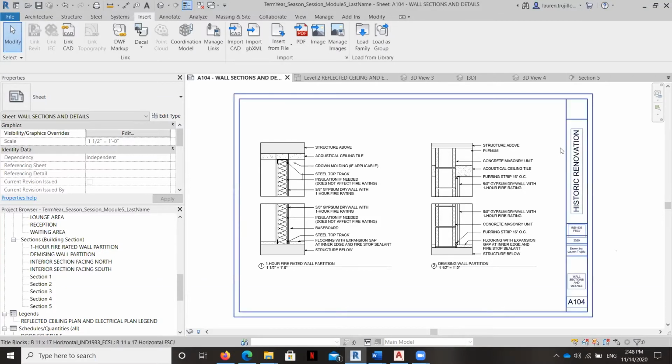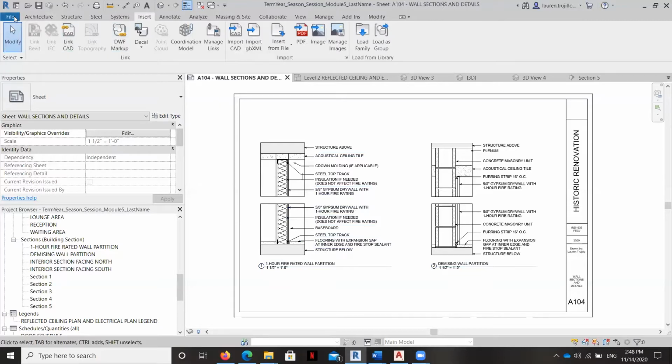So what we're going to do now is start by opening up a detail that was created in AutoCAD and then switching it over to a Revit file. Now keep in mind that AutoCAD and Revit are both Autodesk products, so they're meant to kind of work hand in hand, but there are some steps that are really important to remember. So eventually, we're going to end by having the ceiling details that reflect the changes that we've made in our reflected ceiling plan at the bottom of this sheet, and we'll shift these up. For right now, though, I need to take this AutoCAD file and convert it into a Revit file.